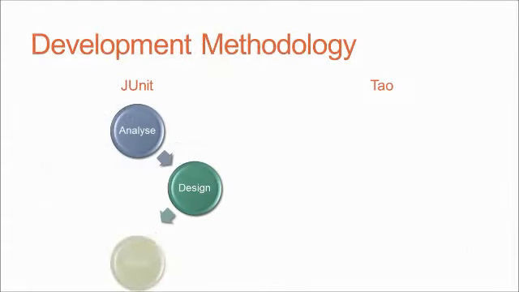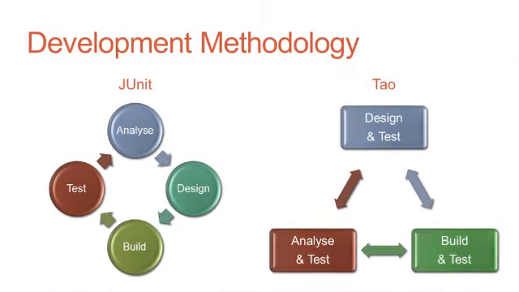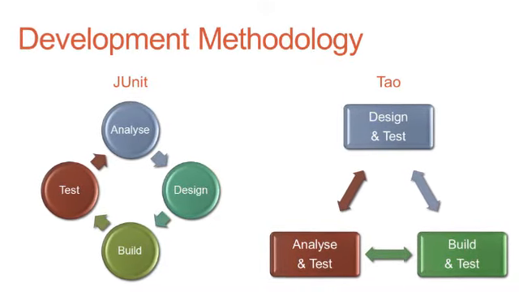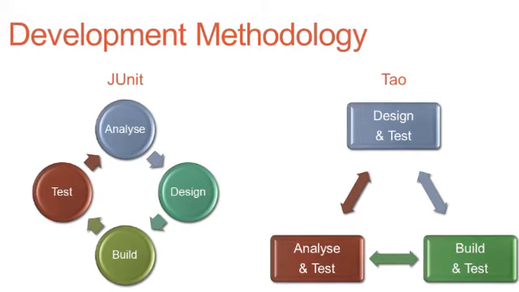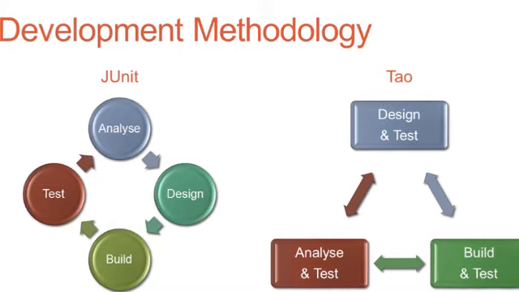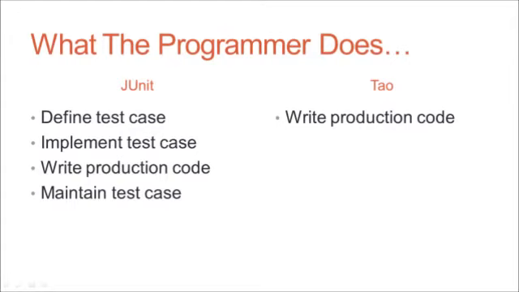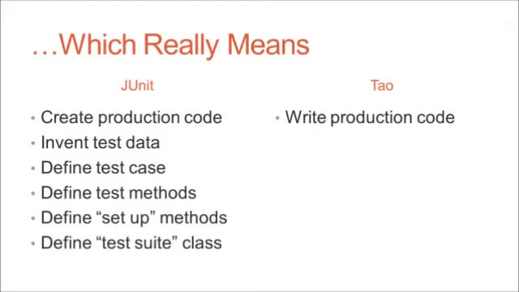Therefore, however small the steps are, using JUnit still forces the developer to engage the design, build, and test loop, albeit an iteration of short incremental cycles. However, using Tao, the developer naturally falls within the design and test, build and test loop. Since Tao supports this loop naturally, Tao supports fully the test-driven development methodology. JUnit, on the other hand, however much it shortens the design, build, test loop, it can never restructure it completely, because for the JUnit test to compile, it must first have the production class in place.